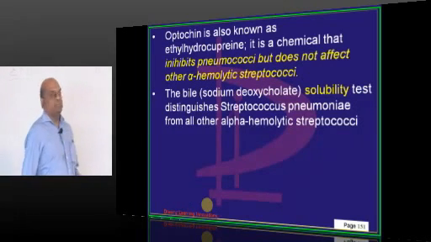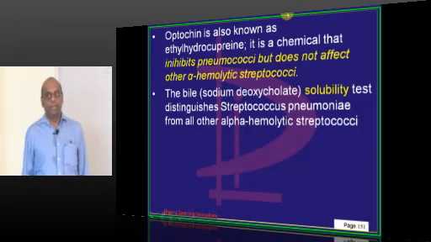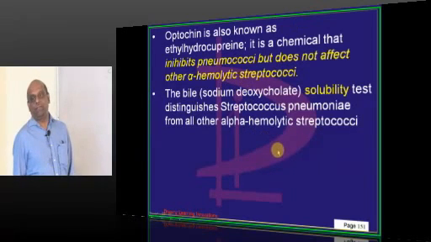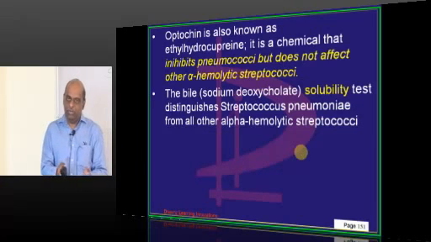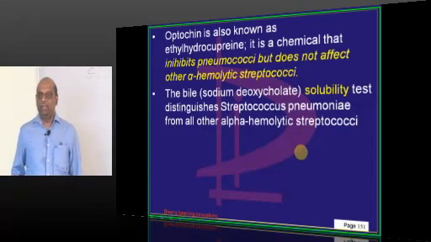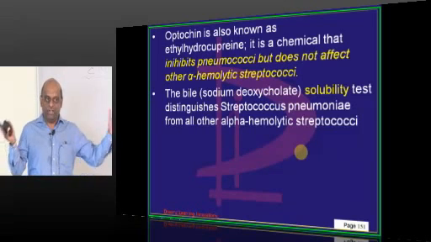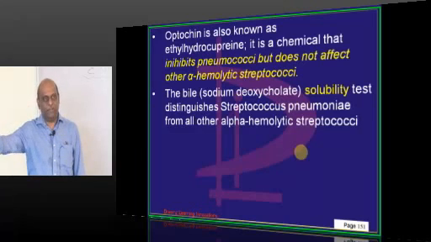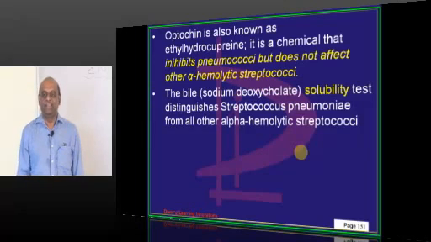Then optochin, it inhibits the pneumococci, but not other alpha hemolytic streptococci. So which cocci are alpha hemolytic, what are beta hemolytic, what are gamma hemolytic, all the table of gram staining and tests are there, no? You should master that. Bacteriology entirely lies on that. Then if you take gram-negative organisms which are indole positive, which are lactose fermenters, which are late lactose fermenters, non-lactose fermenters,